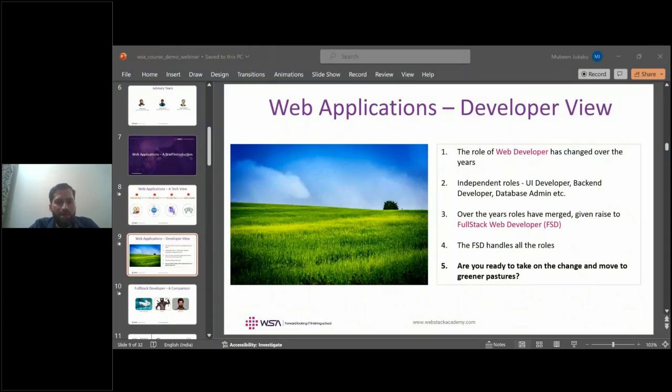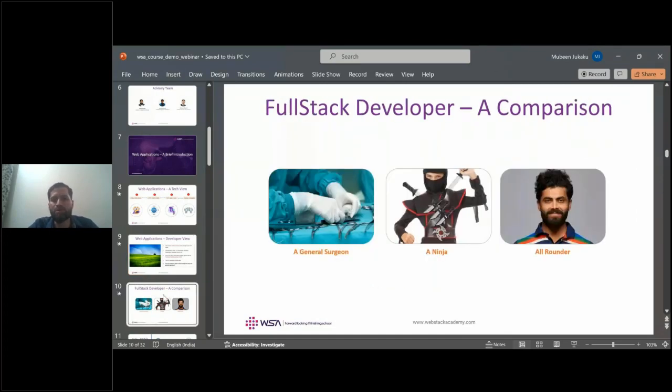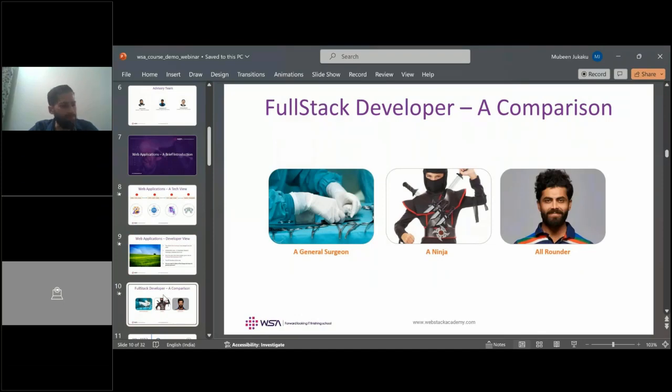So with respect to a full stack web application developer, a full stack web application developer should have knowledge about developing the front end as well as developing the back end, and they should also know how to connect the front end with the back end, right? So all these things should be known by a full stack web development engineer, right? So in comparison, if you look at a full stack web application developer, he is more of an all rounder compared to a